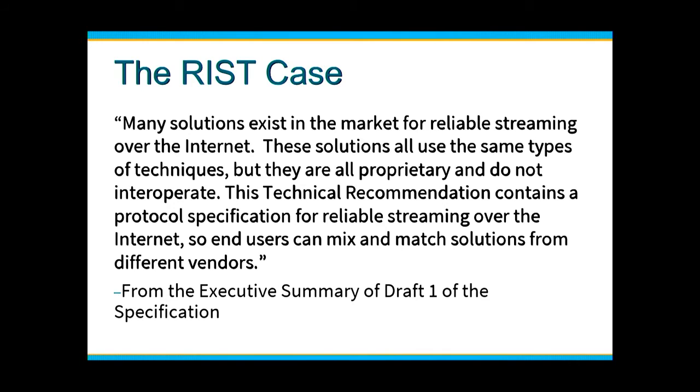So it basically says, many solutions exist in the market for reliable streaming over the internet. These solutions all use the same types of techniques, but they are all proprietary and do not interoperate. This technical recommendation contains a protocol specification for reliable streaming over the internet, so end users can mix and match solutions from different vendors. That pretty much summarizes